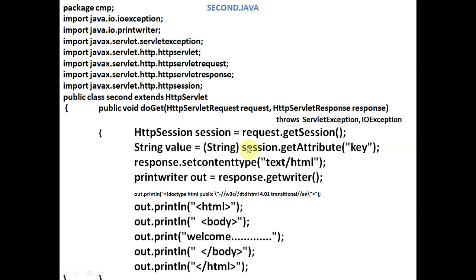Then we typecast and assign its value to the string variable value, and then we write response.setContentType text/html. The response will be in the form of text/html, and we obtain the writer through response.getWriter, with the reference PrintWriter out. We write out.println html, out.println body, out.print welcome, and then out.println /body /html. So we are simply displaying a welcome message